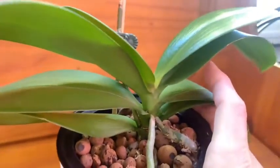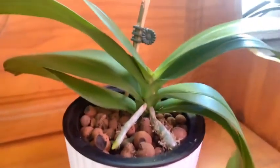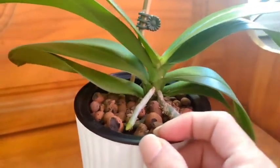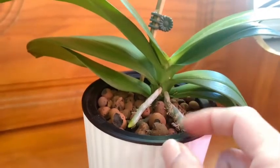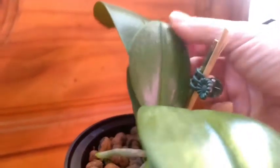And in the update in July of 2021, when I took her out and cleaned up her roots and kind of gave her another once over, she had lots and lots of growing tips. So I'm fairly confident that there are more roots inside the middle of the pot that we just can't see on the outside. When she started this root here, she also started this leaf here,